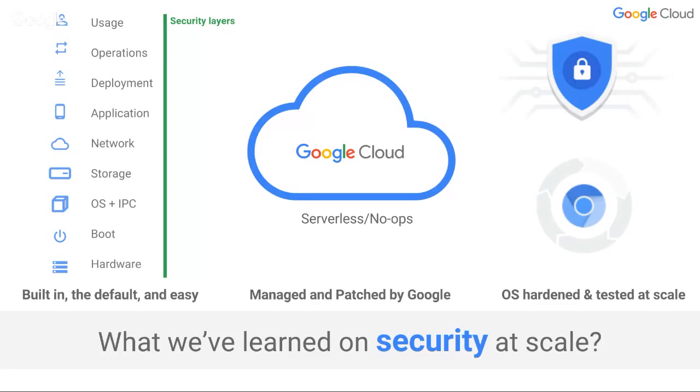The second piece of that is we see a transition from on-premise data centers to the cloud. And one of Google's strong suits is this serverless no ops environment, where Google manages the patching and maintenance of these systems for customers. And that allows traditional IT administrators to focus on more business value, actually doing the job that they're designed to do, and kind of pushing the tedious job of securing the operating system, for example, to Google in this case.